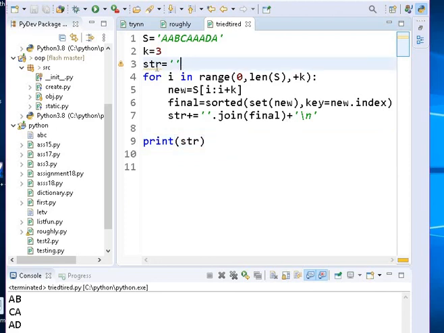So I created an empty string and appended to it every time after joining the value of final. I appended it to the string and went to the next line, and again repeated it, got the value of final, joined the values of final, and went to the next line and repeated the same.